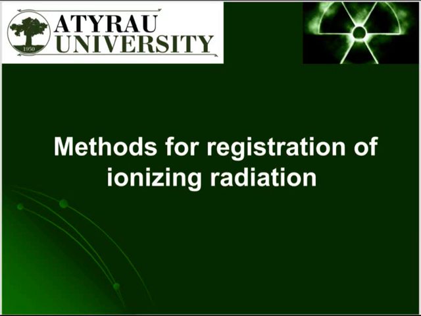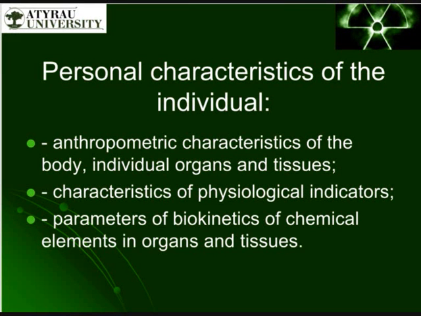This lesson is about the methods for registration of ionizing radiation. When determining the individual dose of a worker, its possible difference from the true dose of an individual's exposure is ignored, due to the difference between the characteristics of the standard worker and the following personal characteristics of the individual: